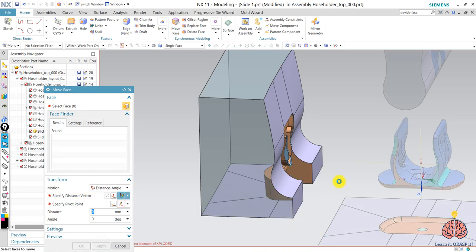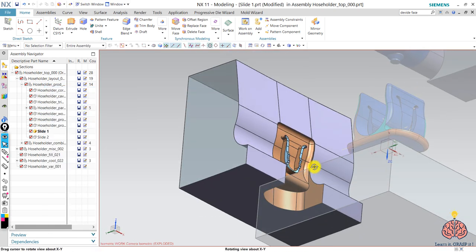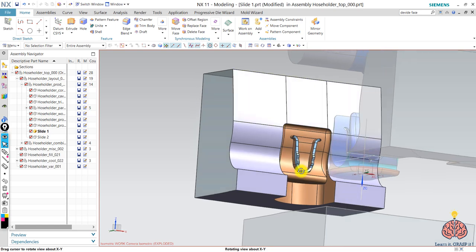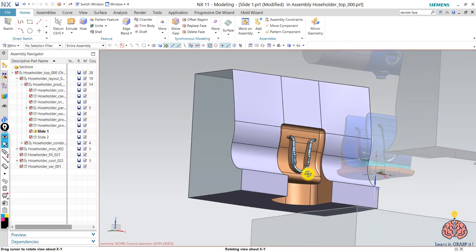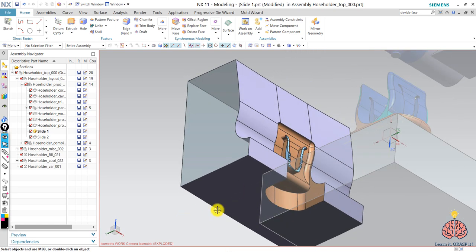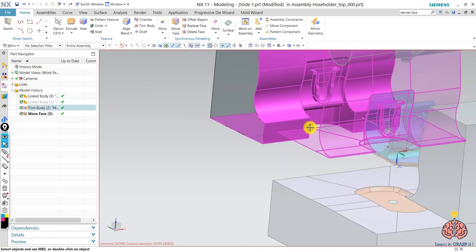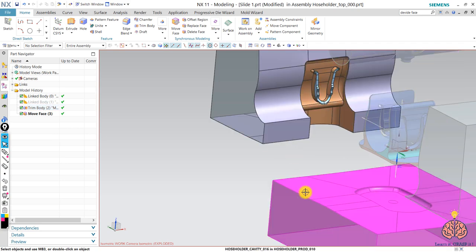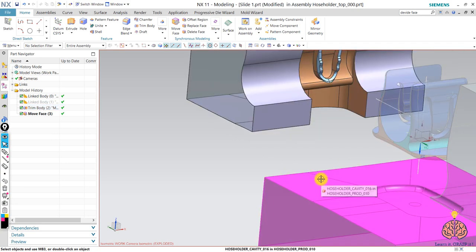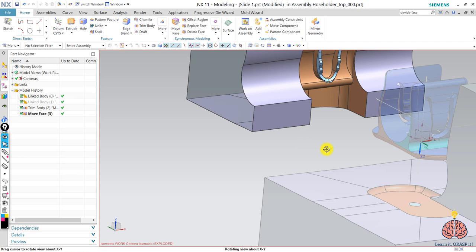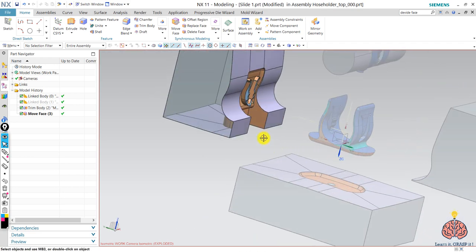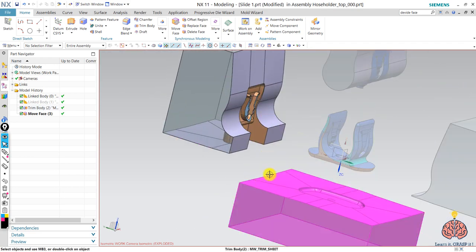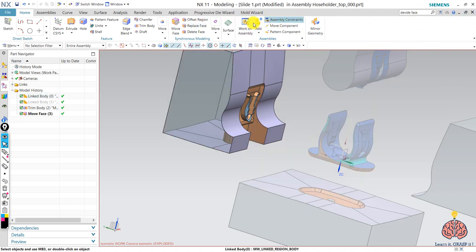You have made it more stronger right now. Yeah, if you are going to do this, you have to edit the same part at the same time, like edit the cavity as well, and make this groove so that when you assemble them back together, it's going to be fine. Like, for example, if we have